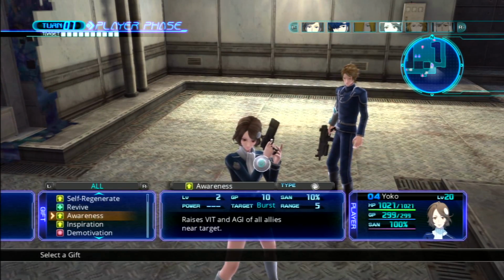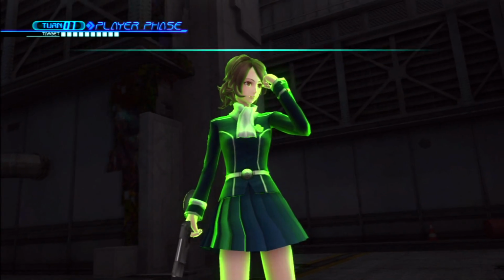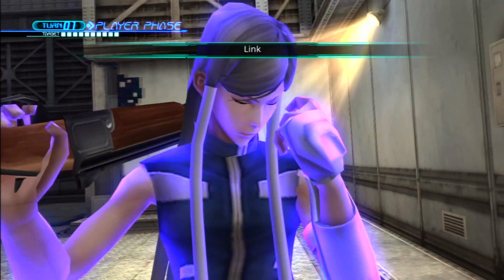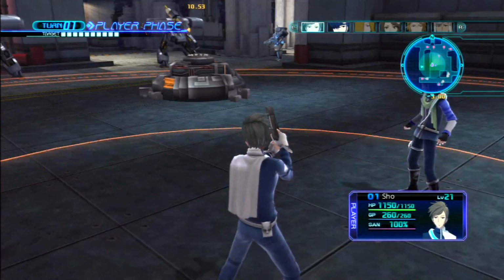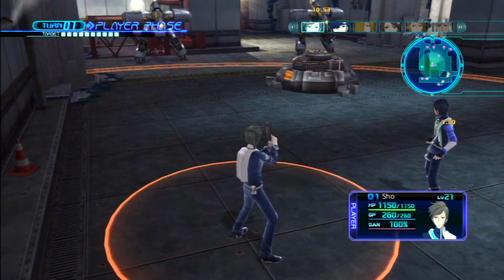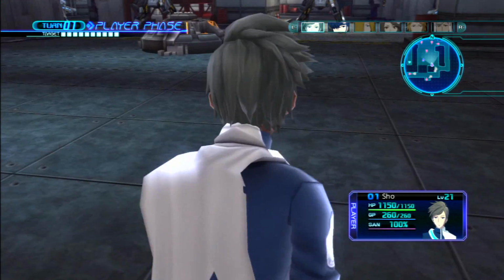I can go and cast my Inspiration buff and give both of them the benefits. I need to protect Yoko, though, because I need her to buff those bosses. You're pissing me off. Let's go. You shouldn't be pissed off that you're getting buffed there. That's actually quite a good thing for you. Speaking of buffs...